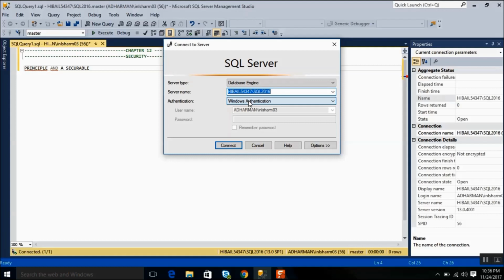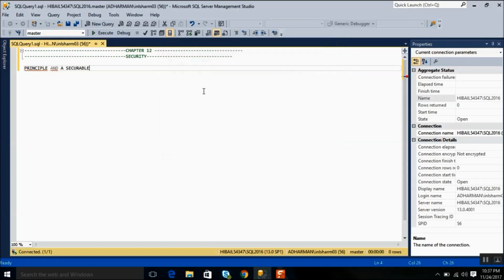But in certain cases, we might want other developers to work on a particular machine, but we don't want to give them admin rights or the complete rights of Windows, and they still want to work on SQL Server. In that case, you can create their username and password specifically for logging into SQL Server and give them adequate rights so that they can do the job required from them. So keeping these things in mind, let's begin our journey of creating